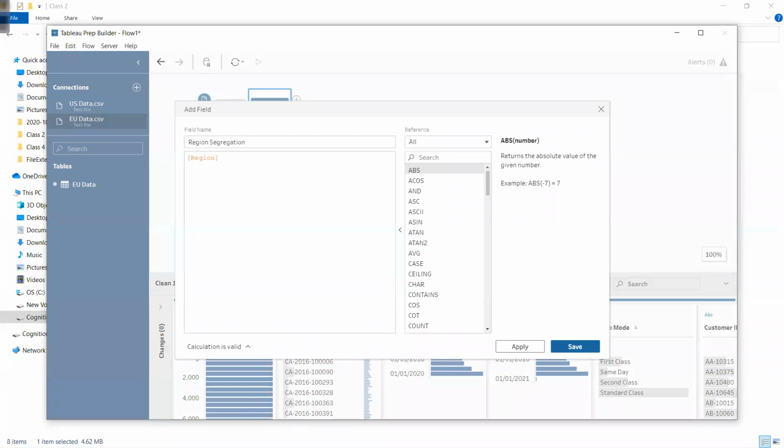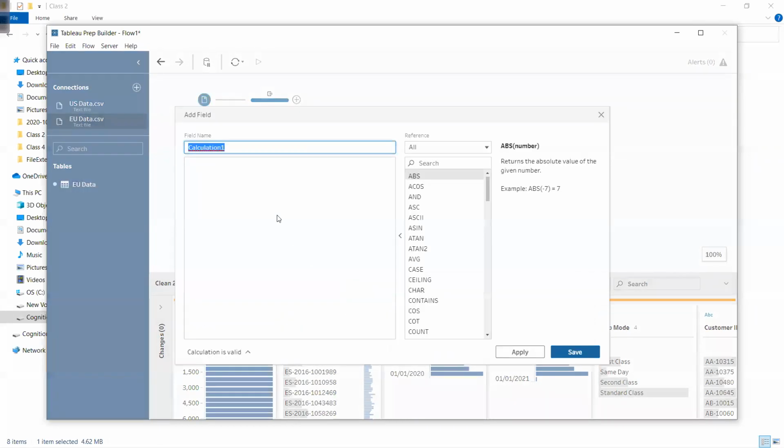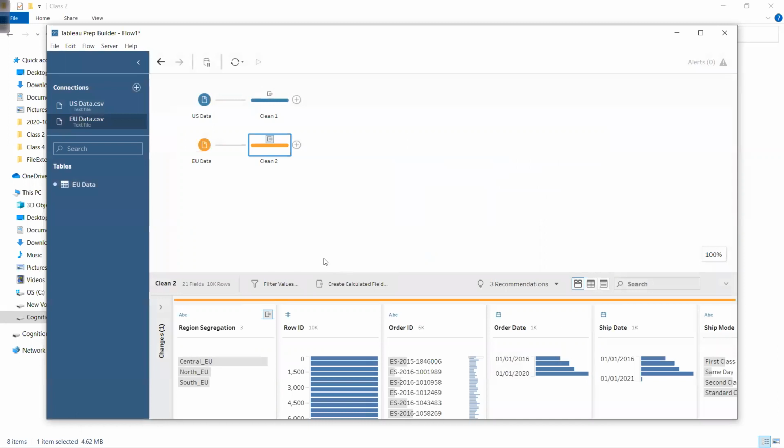So region plus underscore US. And the same field I will create here also because I want to do union, so the column name should be the same. And we will write region plus underscore EU.